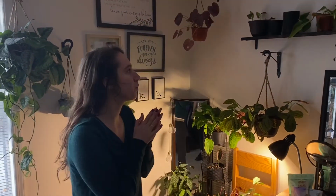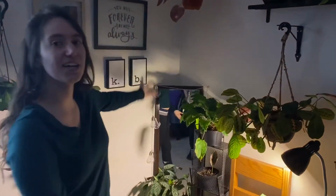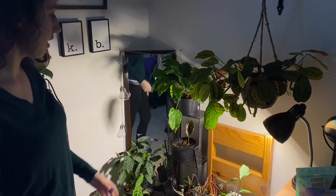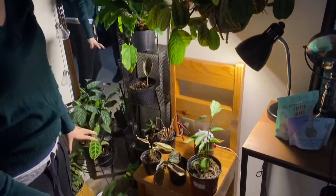So let's head upstairs. Alrighty, so we are in our bedroom here, and I'm stepping on my dog's toys. Sorry about the background noise. But this is Calathea Corner, which I'm very proud of. It is cold in Florida, so I feel like they're kind of a little bit sad, but some of them